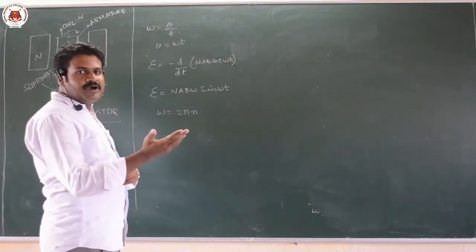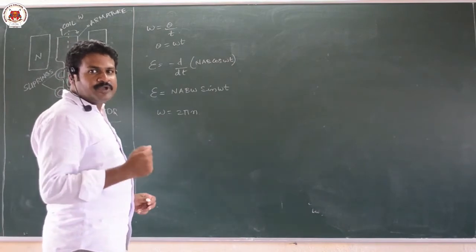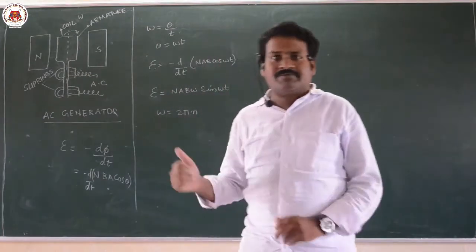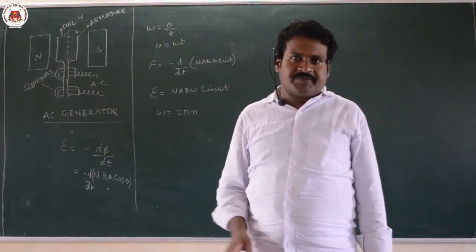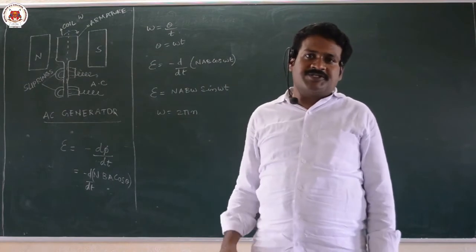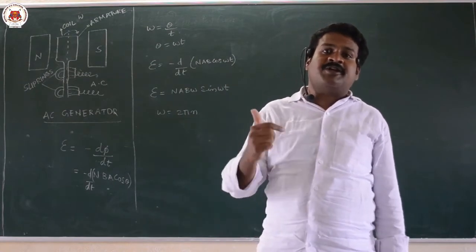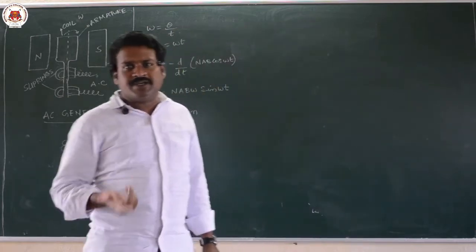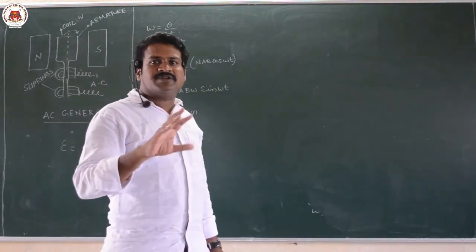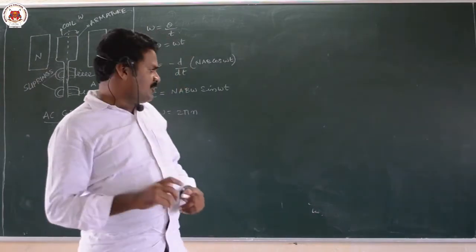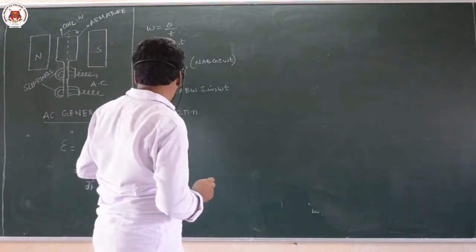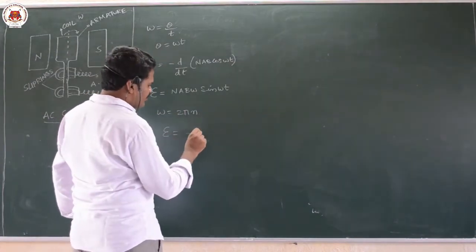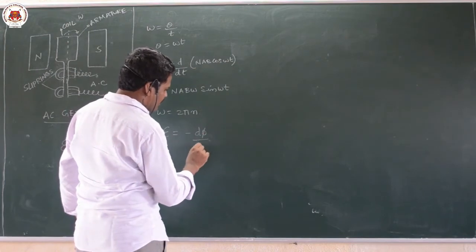If you take a very big long rod, hold it in your hand and run, that rod acts like a battery because you are cutting the horizontal magnetic field of the earth. So when a magnetic field is there, if you rotate a coil in it, you can get EMF. For generation of EMF, we can follow three methods. EMF is equal to minus d phi by dt, which means I have to change the flux.